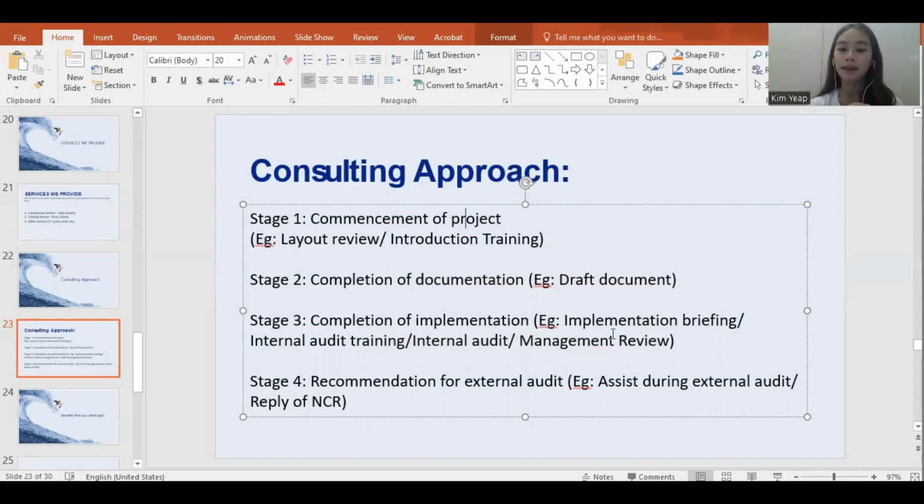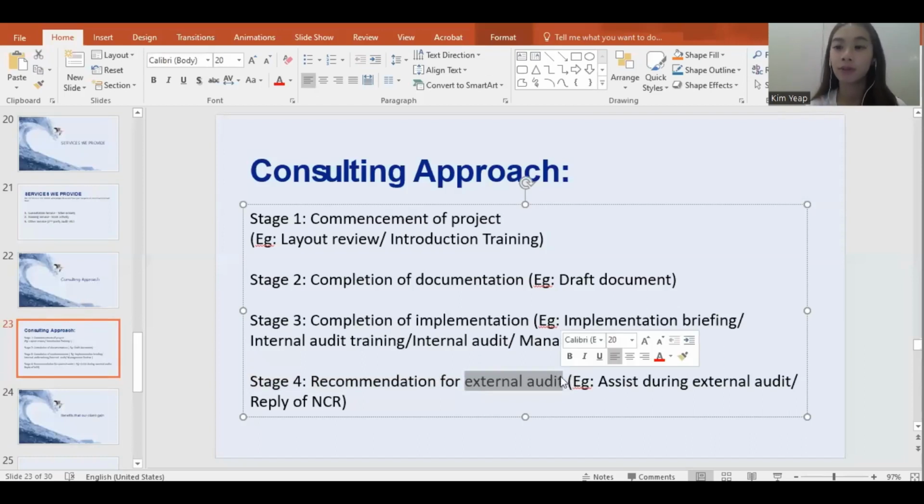Now the documents are ready, they comply with the SOP already. Not just comply, they also do the audit internally, checking themselves already. Are they ready for the real audit? This is not the real audit now, this is just audit internally only. After they come to this part, they are quite ready. They are very prepared to face the real auditor to come to their company and check, do you follow or not? This is where we call it external audit.